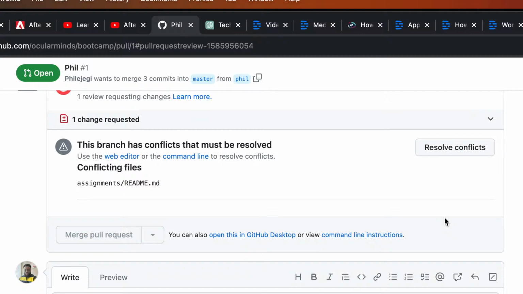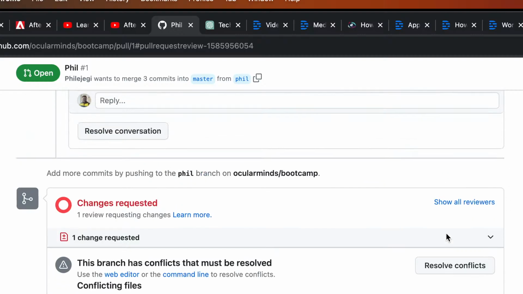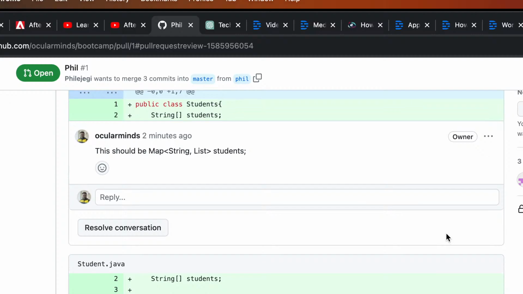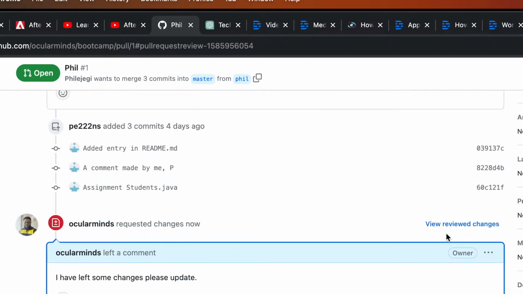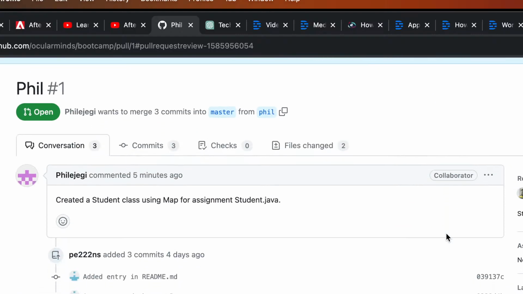Go back to your code locally on your system. Open, look at what has been done. What are the comments that have been made. You yourself can go there and look at the comments. At times you get notification in your mail for such comments. So you go there, look at the suggested